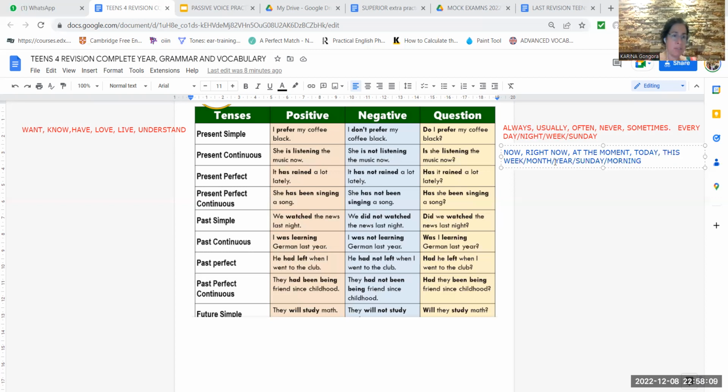Te está preguntando en este momento. Why are you crying? Right? So think about the logic of the situations. All right? Let's go with present perfect. I will just